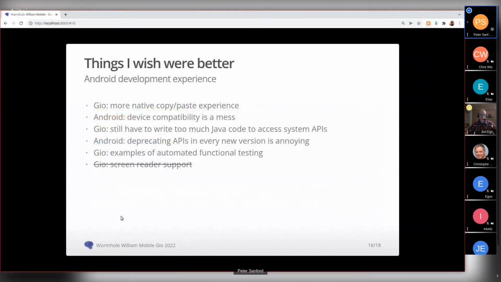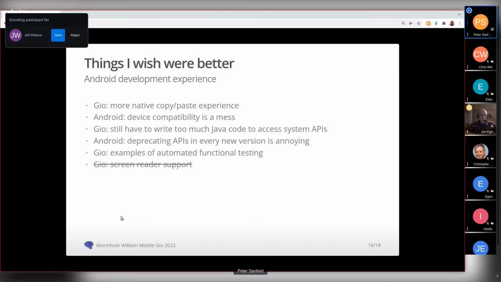So quickly, just talking about things that I wish were better. I've got some Gio specific things and some Android specific things, and these are really my hopes and dreams for how I wish the development experience was sometime in the future.